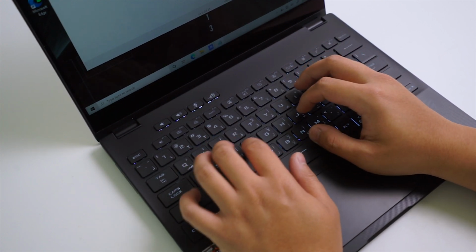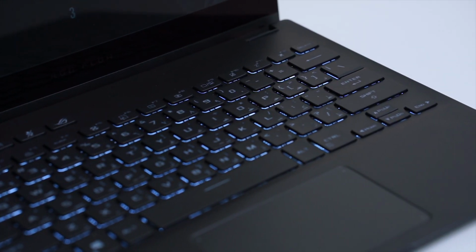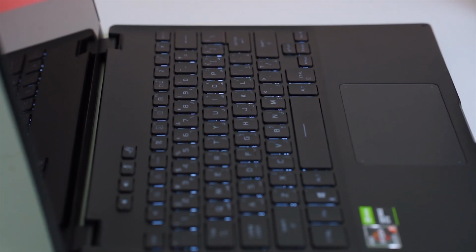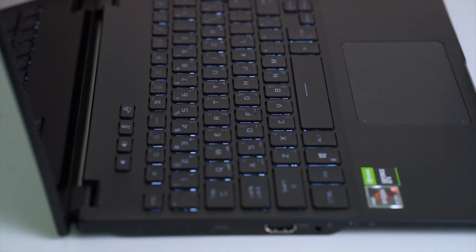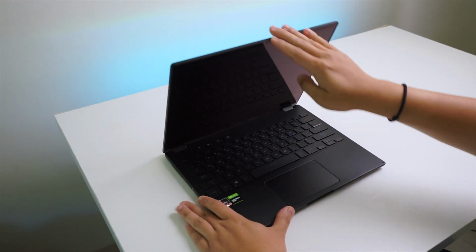These are backlit keyboards, mind you, and I like that they have put the media keys on top. So you have some media keys on top. There's a ROG button. I don't know what that does. What this one does, I can see that when I open the laptop, the ergo lift